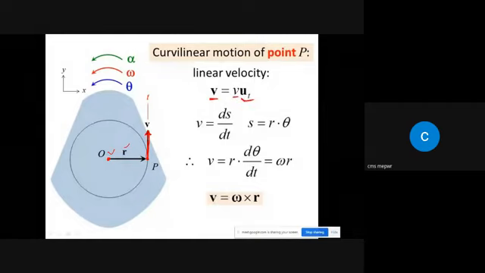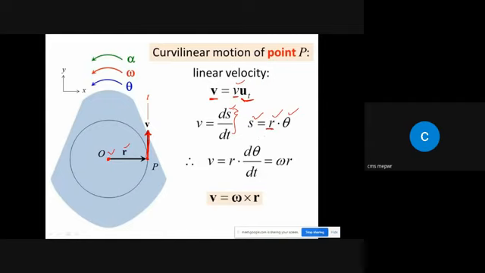There will be no radial component in case of curvilinear motion. Similarly, we know that the magnitude of that velocity is equal to the rate of change of displacement, and linear displacement s is equal to angular displacement multiplied by r,